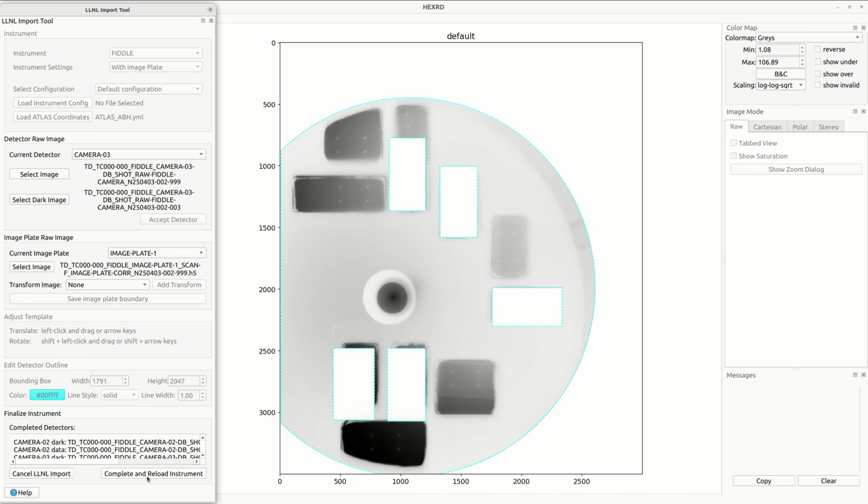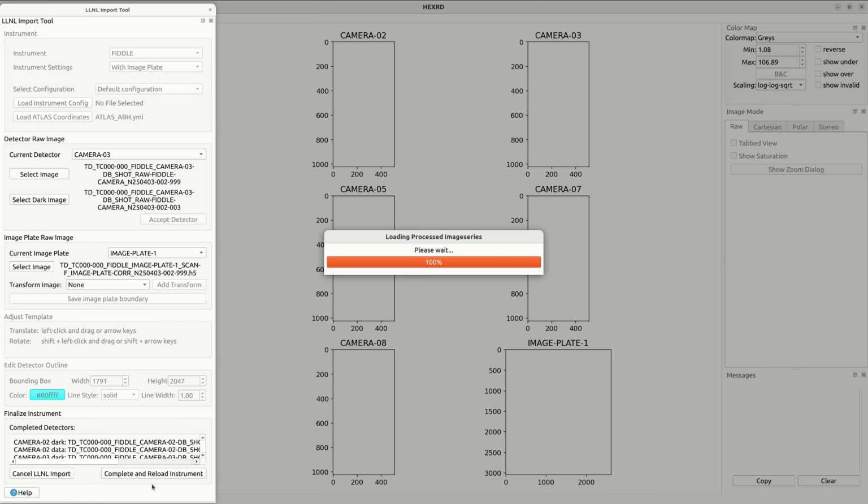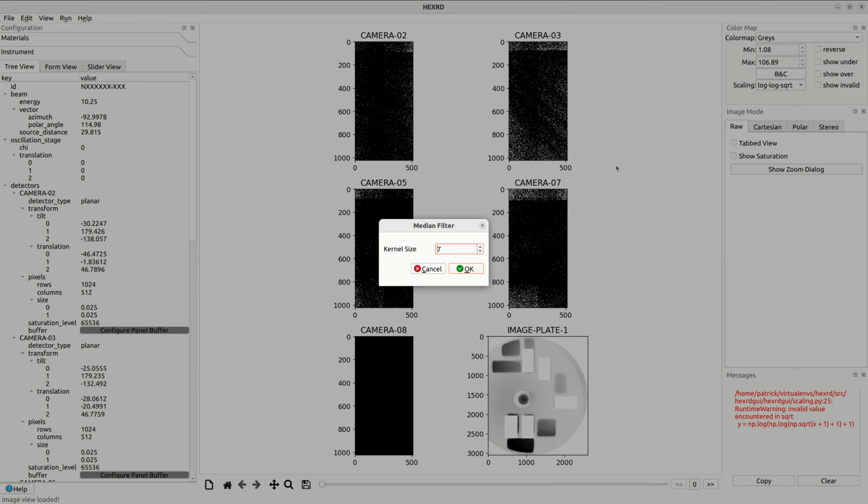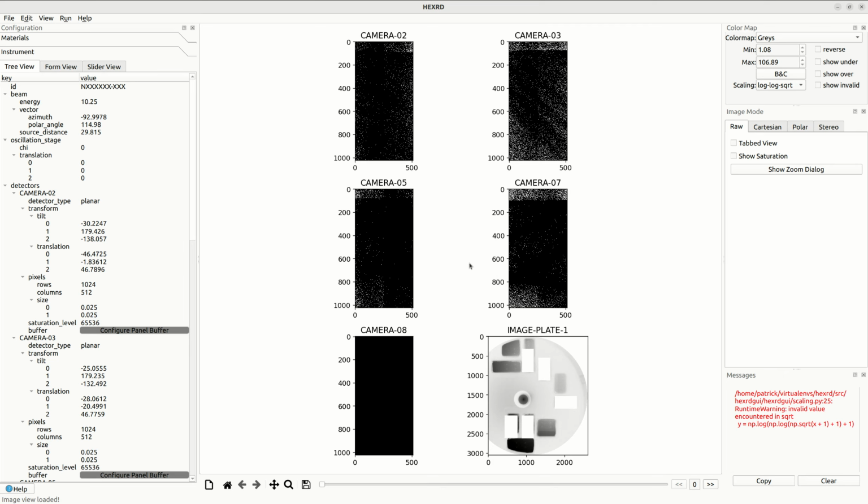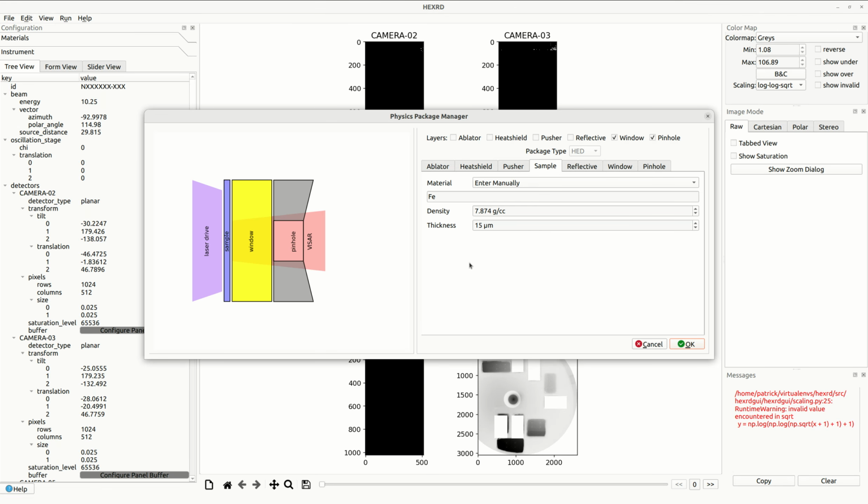Now for FIDDLE, when you do this, not only does it reload the instrument automatically, but because the data is somewhat noisy, people would often apply a median filter. So it pops up a median filter option where you can select the kernel size. We're going to leave it as default. It does take a little bit of time to run the median filter. After it finishes,